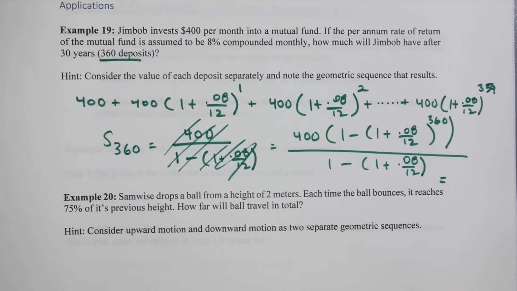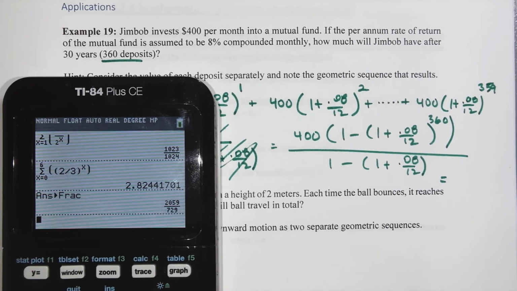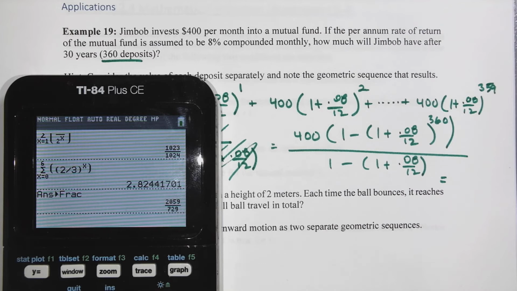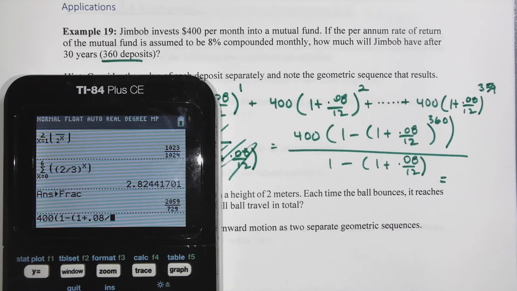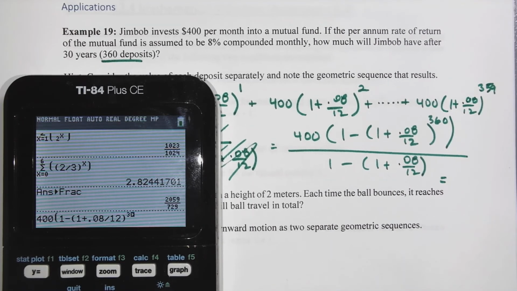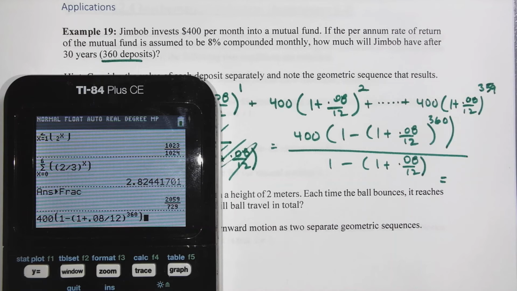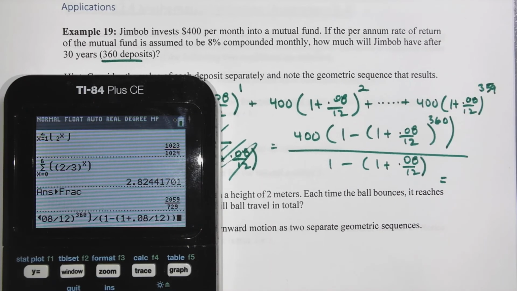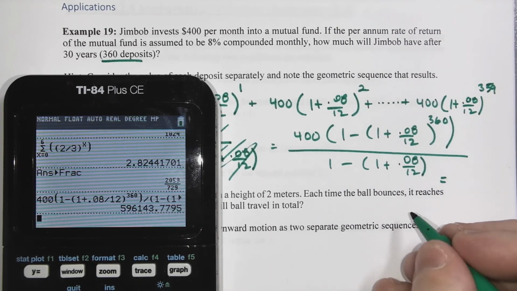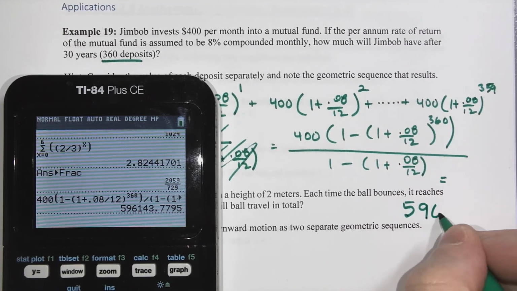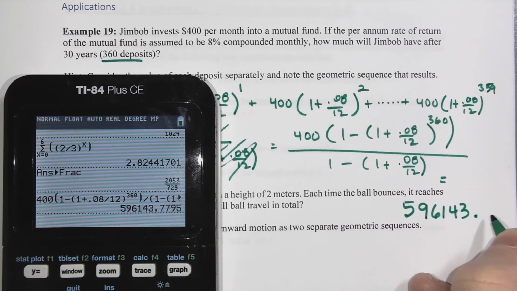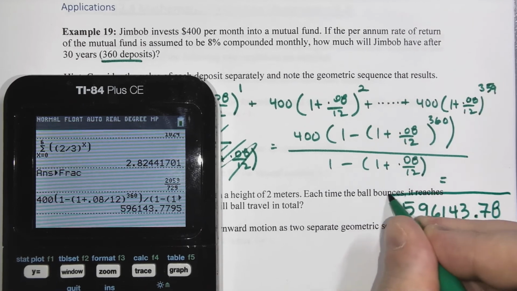Okay, I'm sorry for smashing that in there. That means I'm going to have to put this answer in the calculator. I just can't do that in my head anyway. But let's see. 400 multiplied by 1 minus 1 plus 0.08 divided by 12 to the power of 360. Close the numerator, divided by 1 minus 1 plus 0.08 divided by 12, close the denominator. There is our answer, 596143.78. So it looks like almost